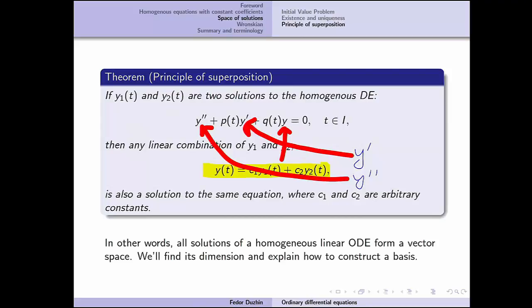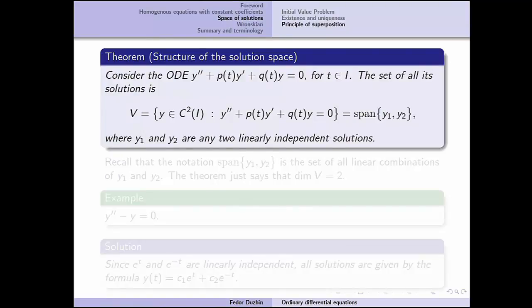But what it essentially says is that all solutions of a homogeneous linear differential equation form a vector space. Notice that it doesn't have to be a second order differential equation actually. A linear differential equation of any order, if the right hand side is 0, then all its solutions form a vector space. And then the structure theorem tells us that if we have any two linearly independent solutions,